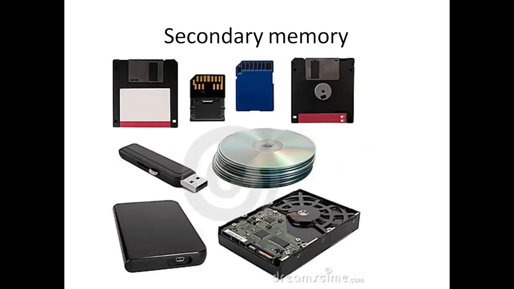So secondary memory, you can see this is CDs or DVDs. This is USB. This is hard disk, external hard disk. Externally you can apply. This is some kind of floppy disk and all those things. This is memory we have in our phone, memory chips. We put it into the card reader and we access it. These are the external hard disks. I hope everyone is clear with this.